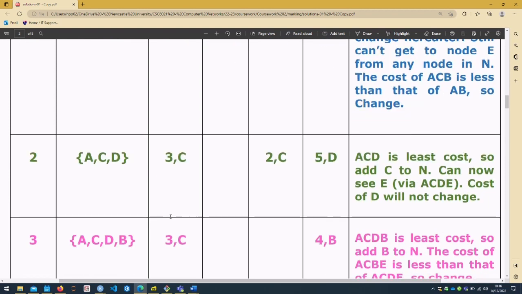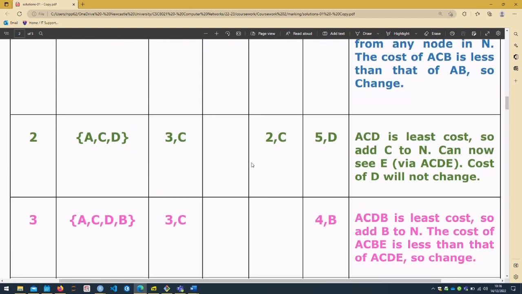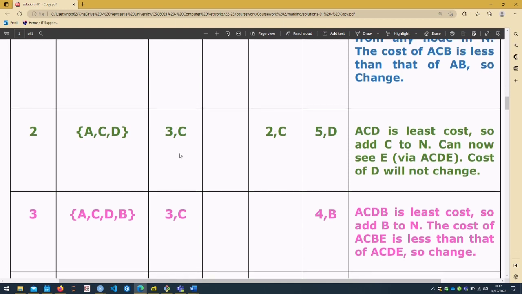So we go to B because it has a minimum cost after D here. So ACDB, this cost. So we add B to N,